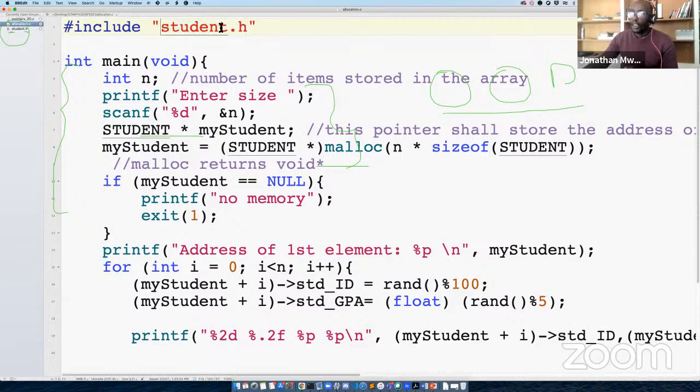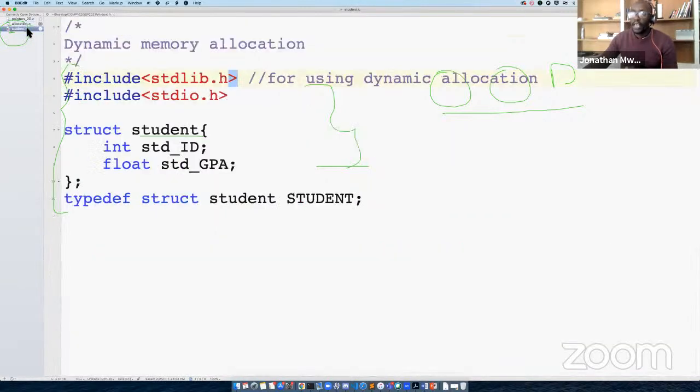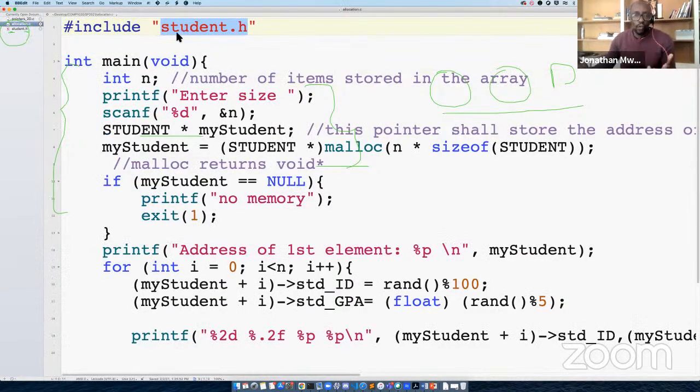I have not included the path here because my allocation.c file and the student.h file are in the same folder. Because they're in the same folder, when we include it here, it's just going to look for it in the same folder as my allocation.c file.